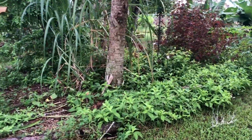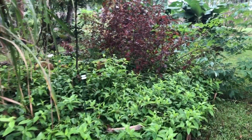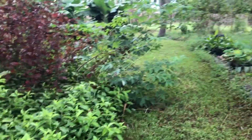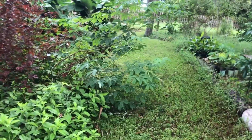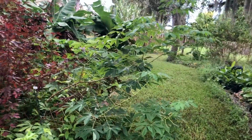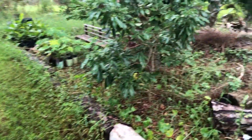One interesting thing when you ignore your garden for a while is just to come out and see what's changed. You can see this has just been growing like crazy. My cassava, yucca, has tipped over, but it seems to be doing well. I'm waiting for that to get big enough where I can harvest it and start some new plants. But over here,